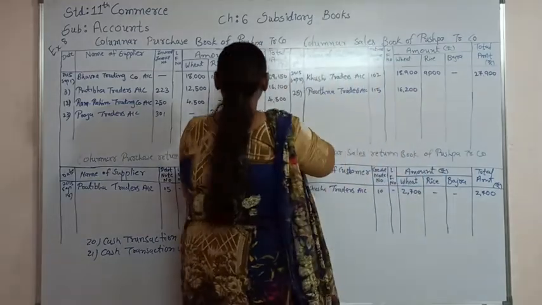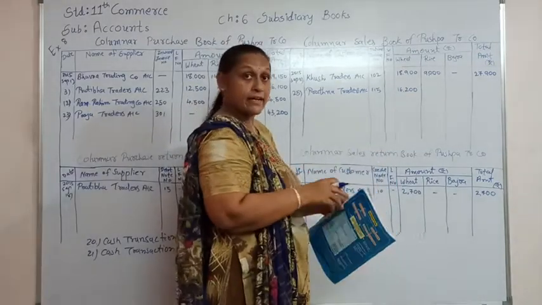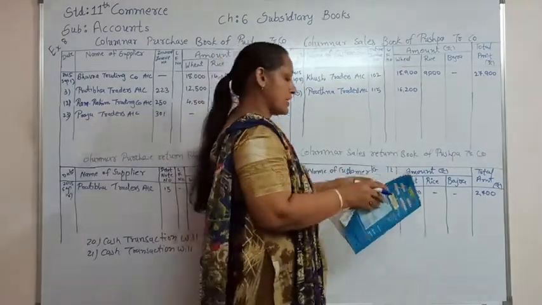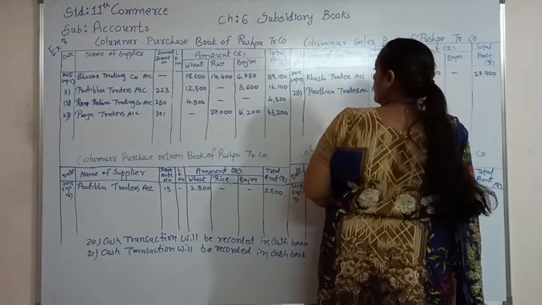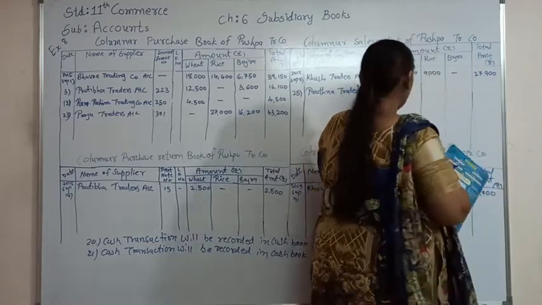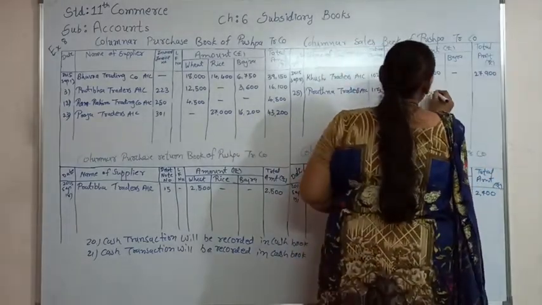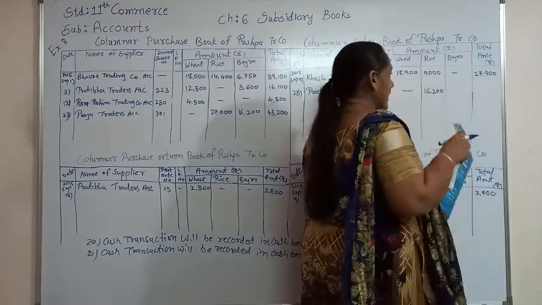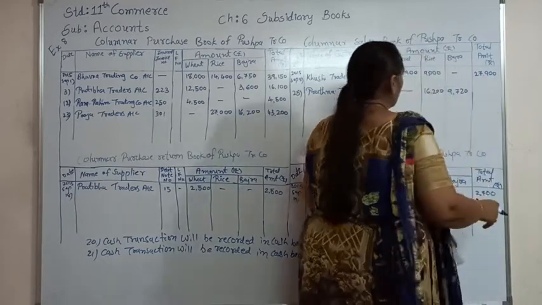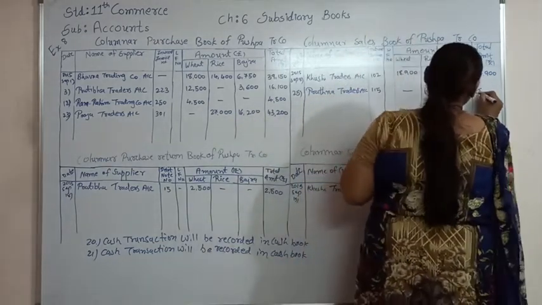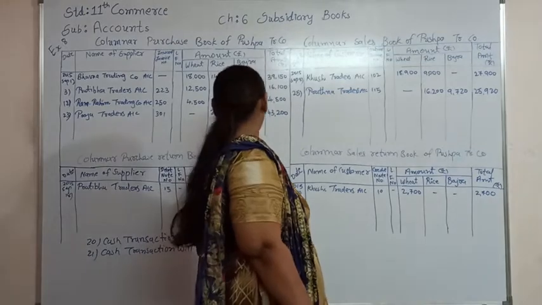And again, if we make half of this, that will be 8,100. And on that, if we add the profit of 20%, that is going to be 9,720. That we are going to write here. The rice will be 16,200, and bajra will be 9,720. So the total of them will be 25,920.